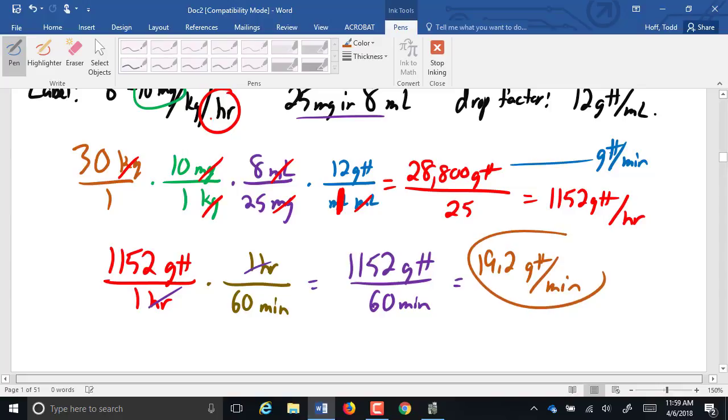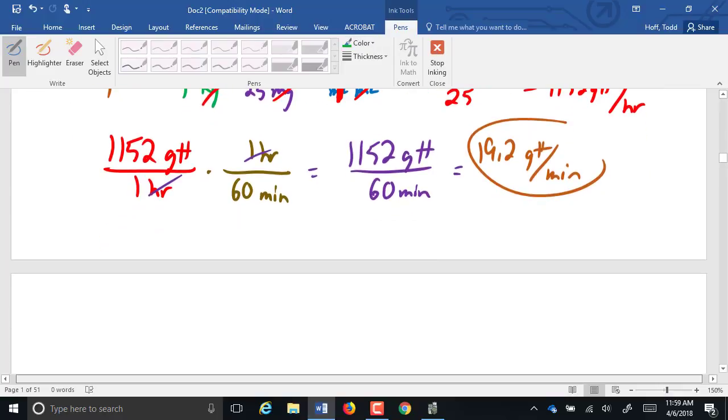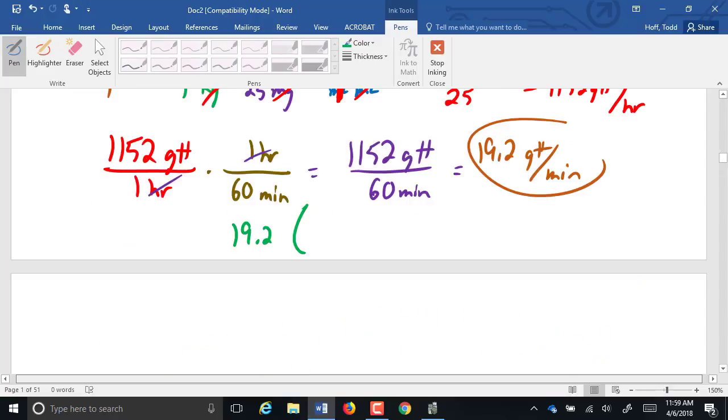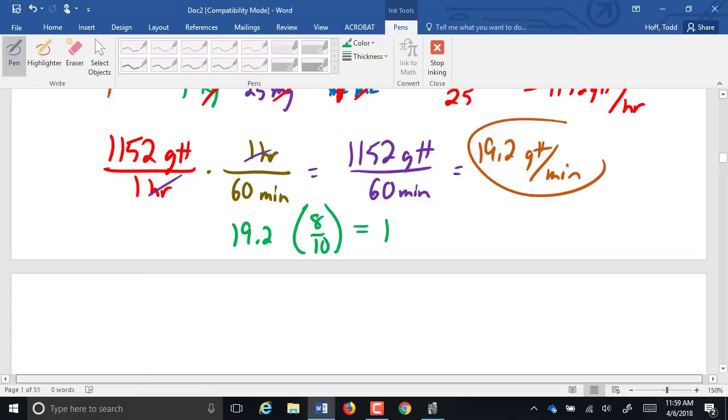Our minimum, take that 19.2, we're going to titrate it. We use the 10, we're going to change it to the 8. So that's calculated off the 10. We want to adjust it to be off the 8. So 19.2 times 8 divided by 10, 15.36